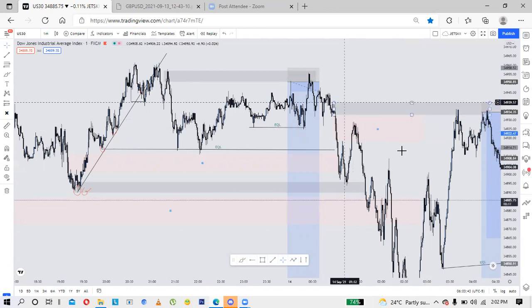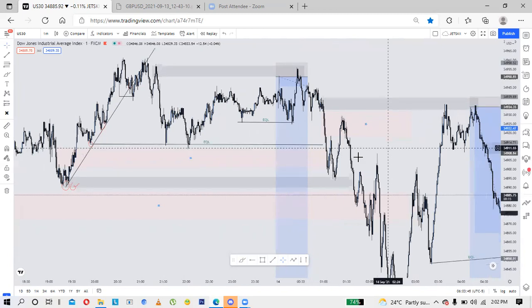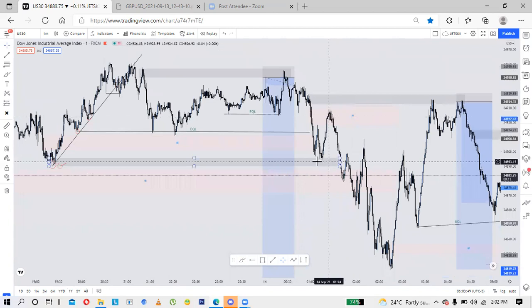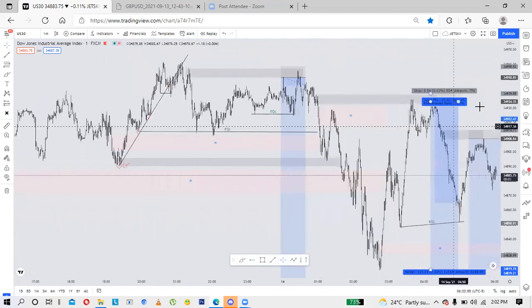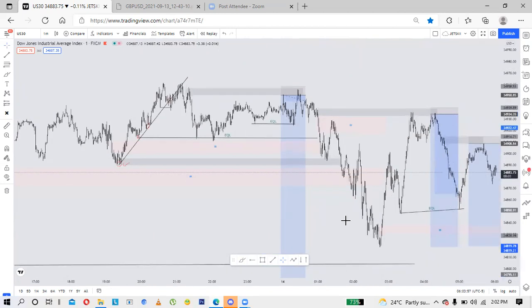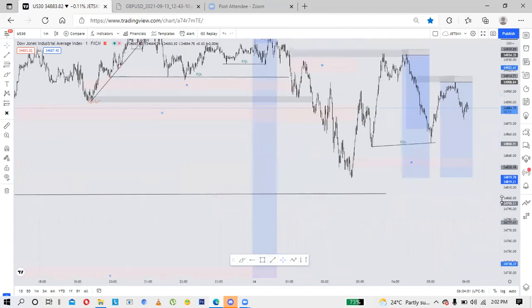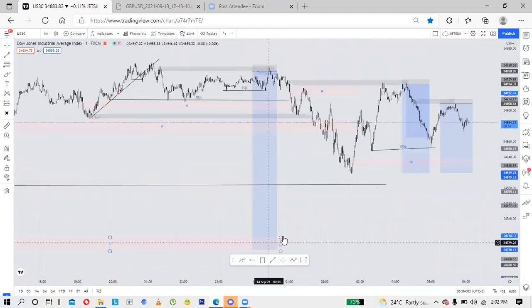And then what happened? It dropped. It dropped, and then after it maybe took out the low, after this low, I had my partials to place the partials there. And that's how it played out. Now, I still believe it needs to come and maybe deliver to this